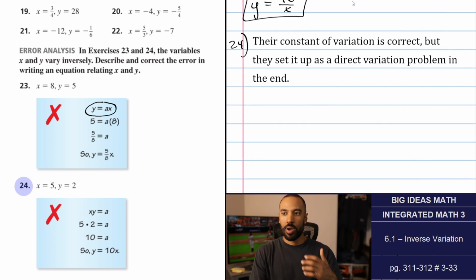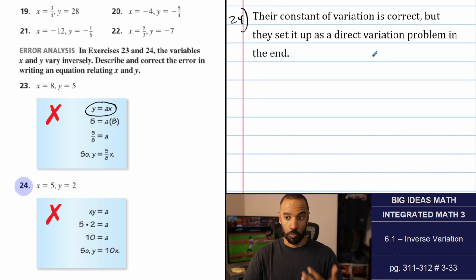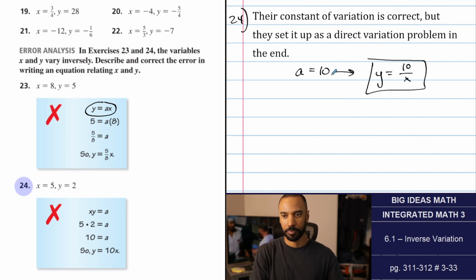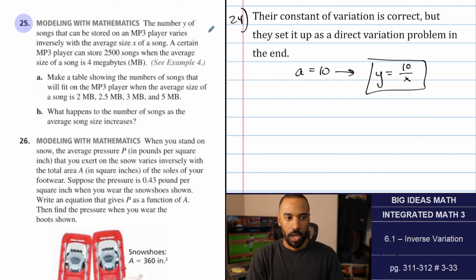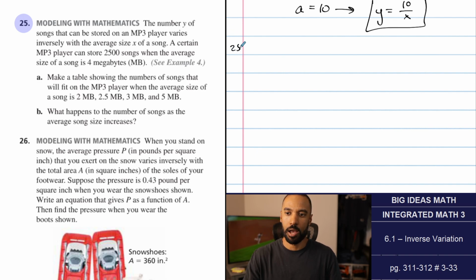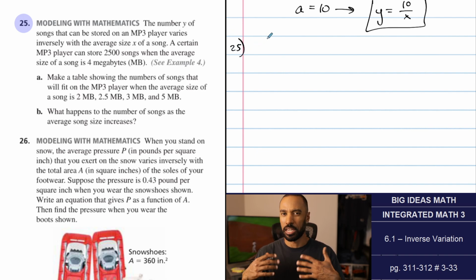So when they do have an a value of 10, which is right, you now need to lead that into an inverse variation setup where we divide 10 by x, not multiply 10 with x. Excuse me. So there's the correction on 24. Is that it? Okay. Numbers 25 onward, probably some word problems, some how do you see it, some making an argument,